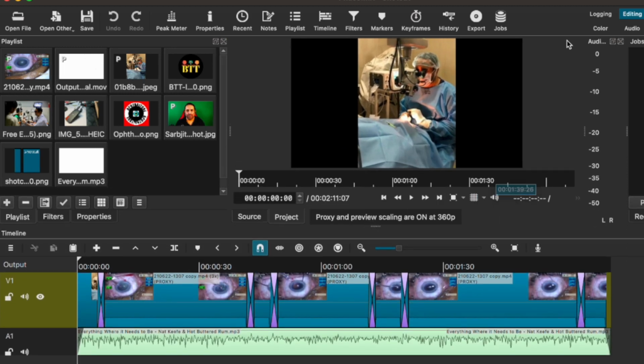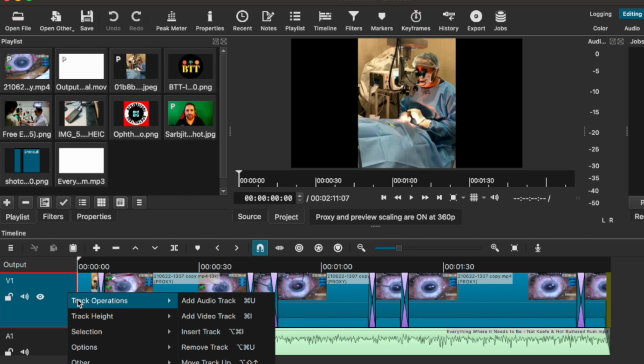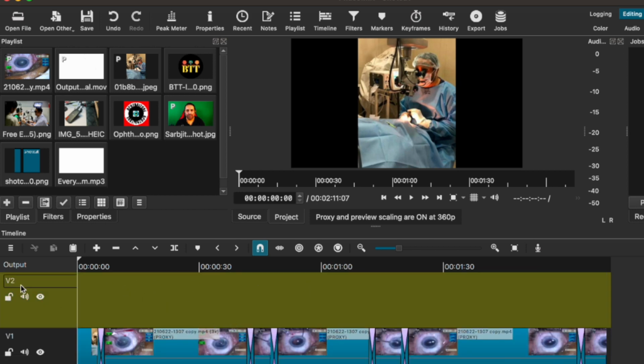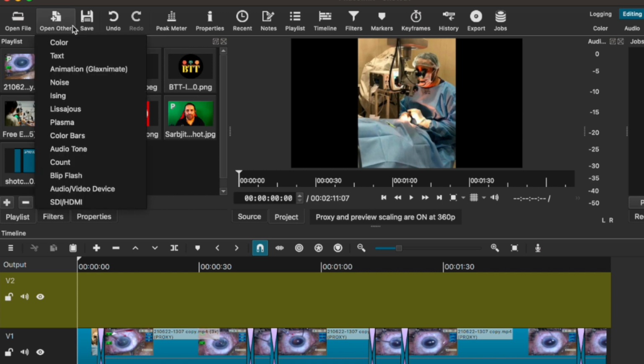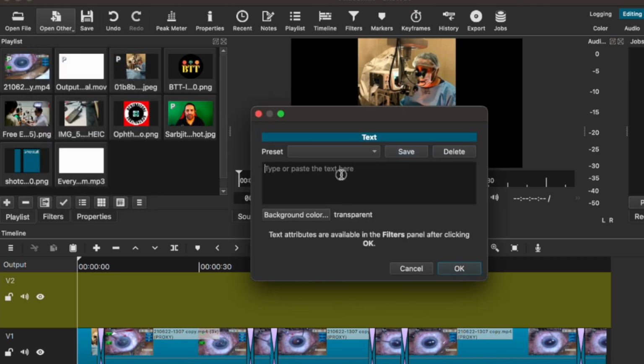The second one is I forgot to show you how to add text in a different way. For that we will need another video track. So we right click, go to track operations and add a video track, and another V2, which is the video track 2, comes up. So now what we do is we go to open other and click on text. Here we can type in something like